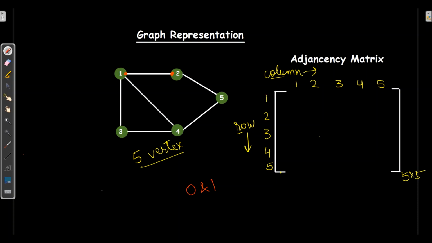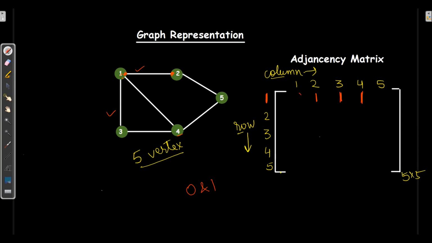Here first we will start with 1. 1 has the edge towards 2, this one. So here I'll write 1. 1 is having edge with 4, so I'll write 1 over here. And then 1 is having edge with 3, so I will write 1 over here.